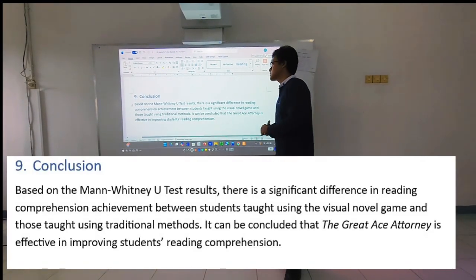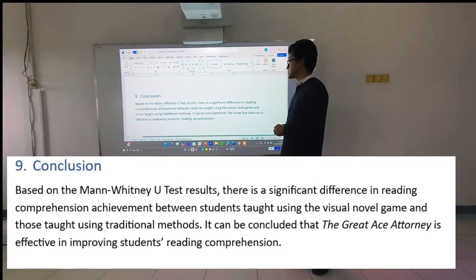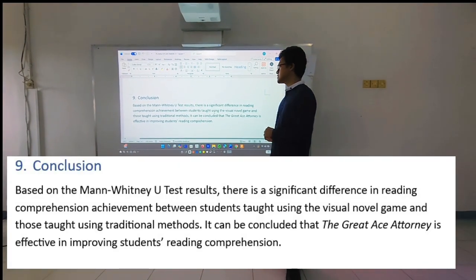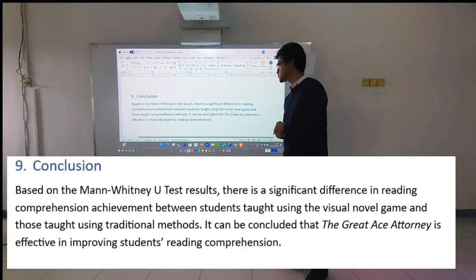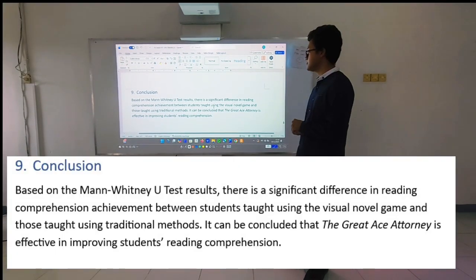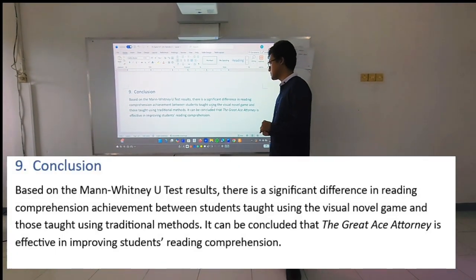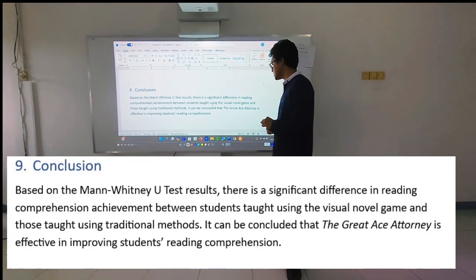Now for the conclusion, based on the Mann-Whitney result, there is a significant difference in reading comprehension achievement between students using the visual novel game and those using the traditional method. It can be concluded that the game as a learning medium is